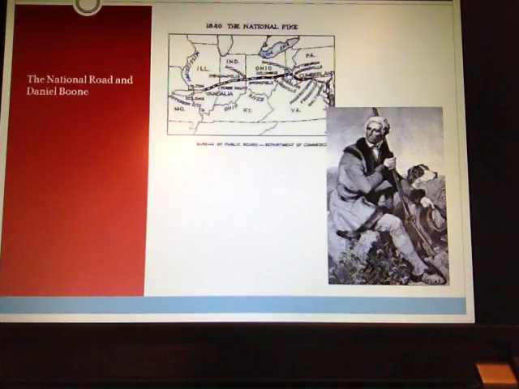Okay. We also have national roads that are being built. If you've ever heard of Daniel Boone, for example, he helped build a national road during this time period. In 1840, for example, we had this national pike built that went all the way from the East Coast all the way through the Northwest, through Illinois. Okay, so that's another example of a major vein of communication and economic activity that went on here.